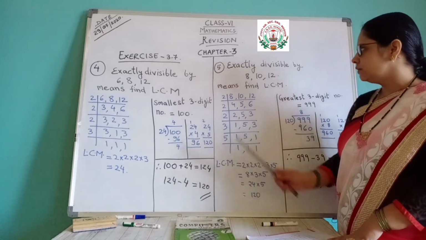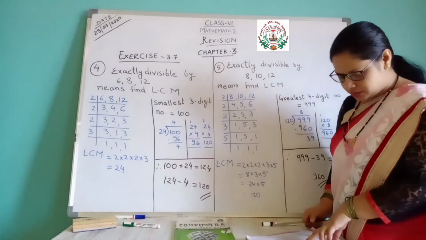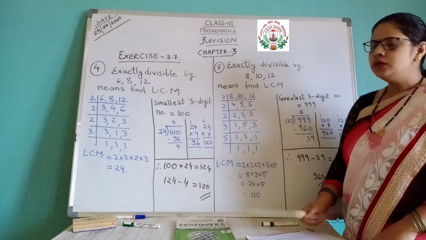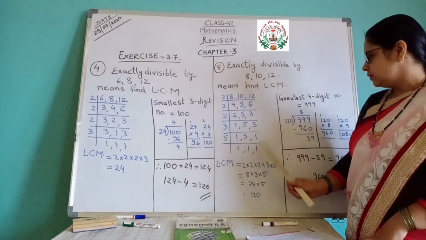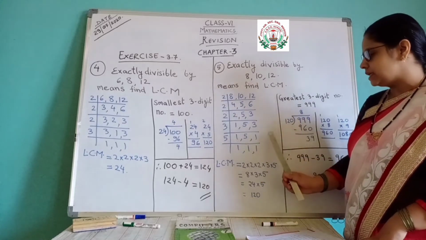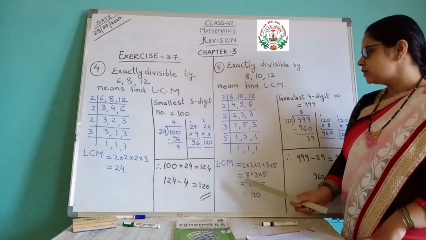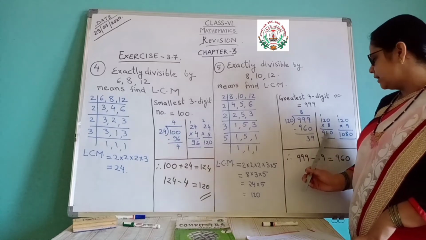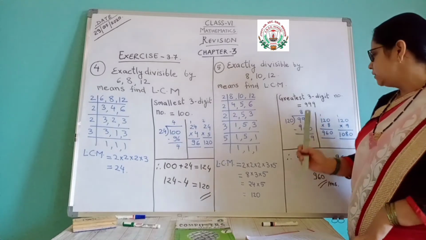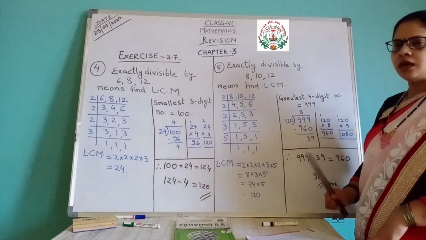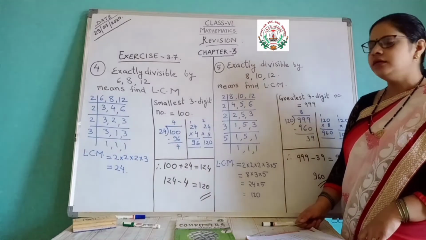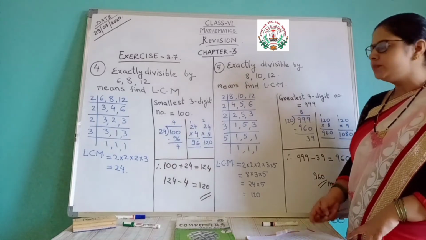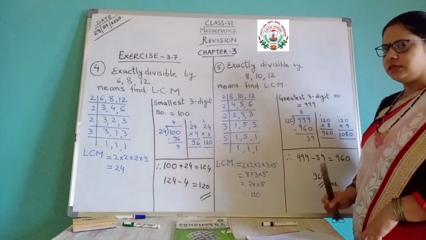Now we have to check which is the greatest 3-digit number. The greatest 3-digit number, we know, is 999. So now we will check whether this 999 is exactly divisible by this 120. So for that we are dividing. 120 into 8 we checked first, and we are getting 960. And by 9 if we check, it is coming 1080. 1080 we are getting, but it is not 3-digit, it is a 4-digit number. So we will go for 960.